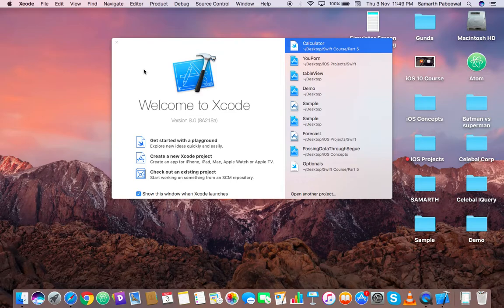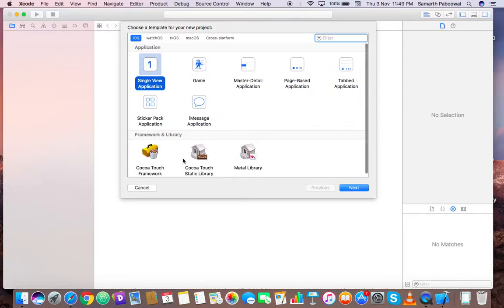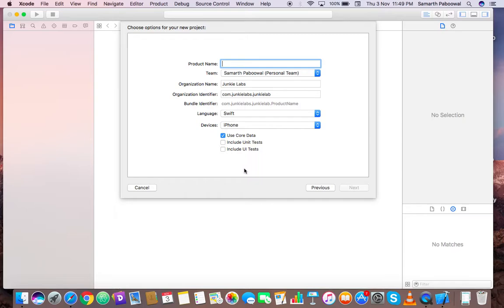open any particular website. So now we will create a new Xcode project, and let's start with a single view application, which is an empty template. So I will give my project name web view, and let's set the language to be Swift. You can choose universal or iPhone, it's your choice. I will go with universal, and I will uncheck use core data because we will be using core data